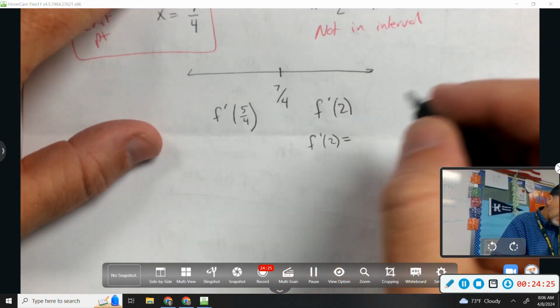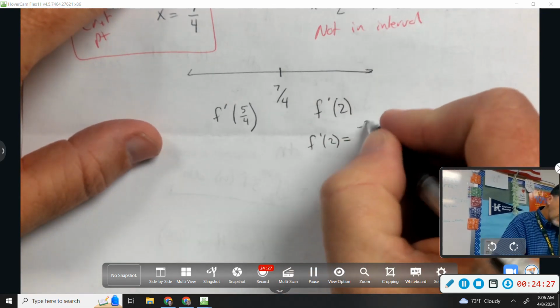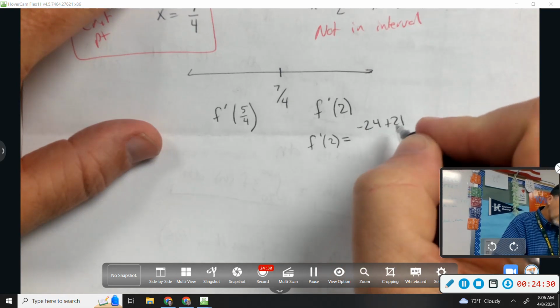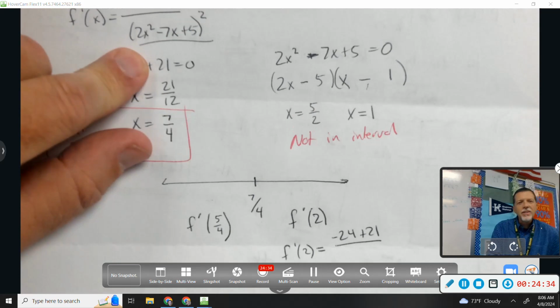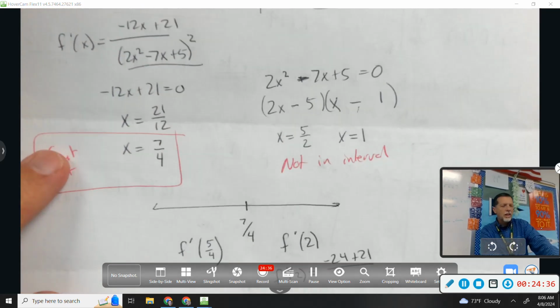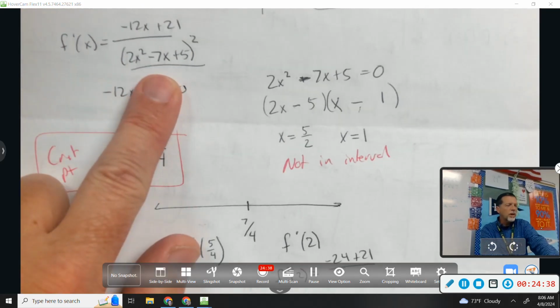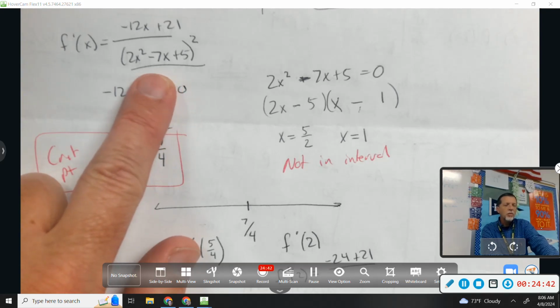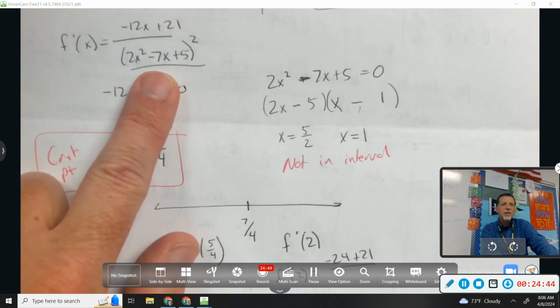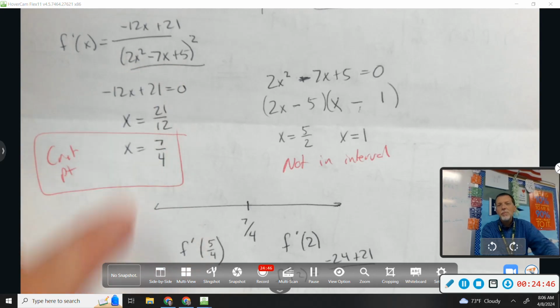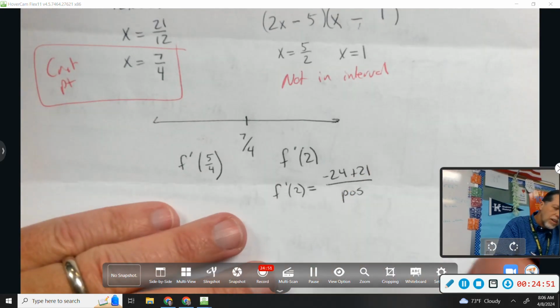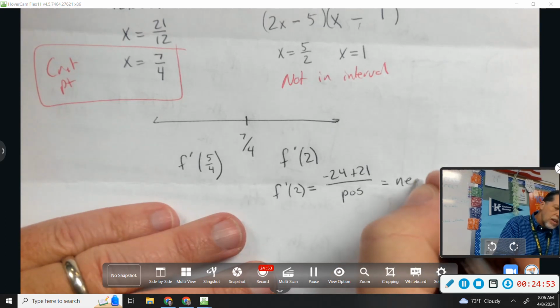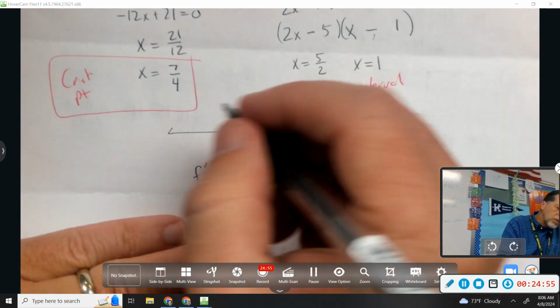I'm looking back at my F prime. That's negative 24 plus 21 over... Now, be careful about the denominator. I mean, be careful in a good way. It's all of that squared. And all I care about is positive and negative. So what's the sign of the bottom going to be? Positive. It doesn't matter what I put in there. As long as it's not 0, I'm going to get positive. So f prime at 2 is negative,